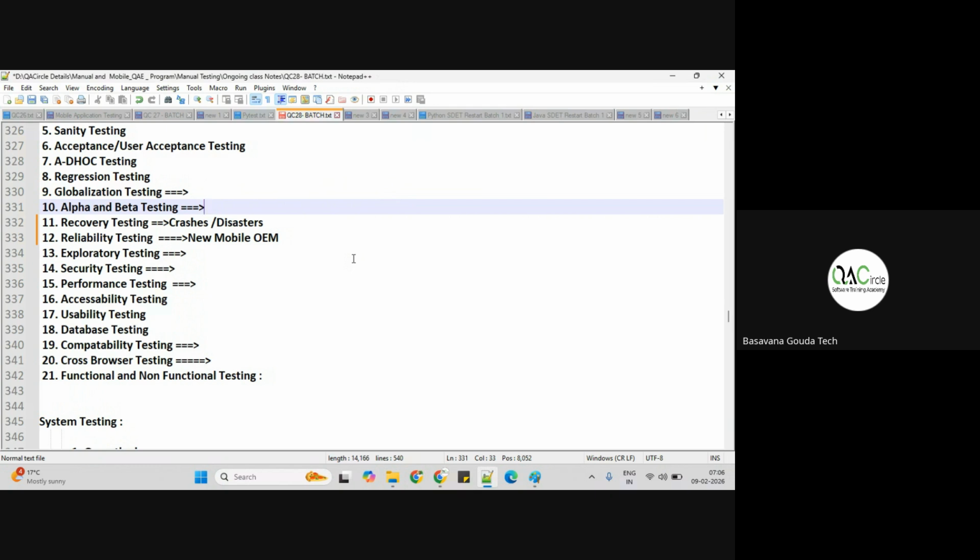Can anyone read what you have written for reliability? We'll go back and check once again. What is reliability testing? Yes, sir, I will read. Testing the functionality of an application continuously for a particular period of time is called reliability testing. Okay. Recovery testing. Testing the application to check how well it recovers from the